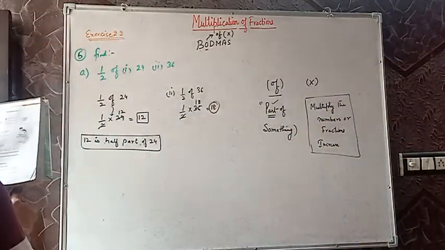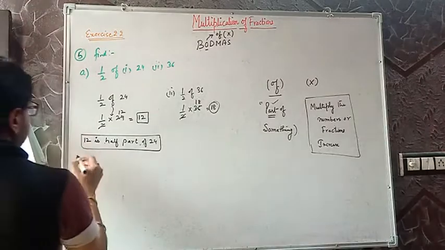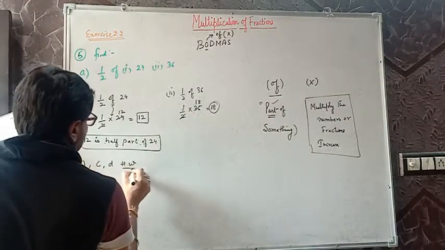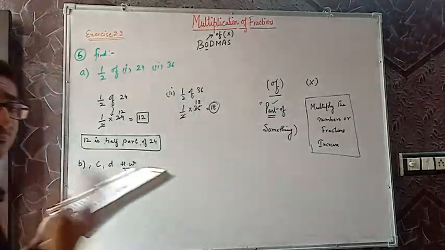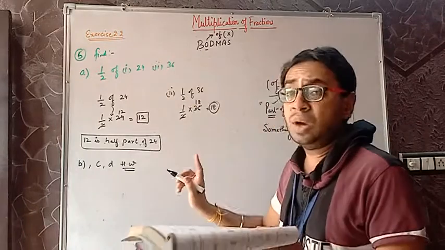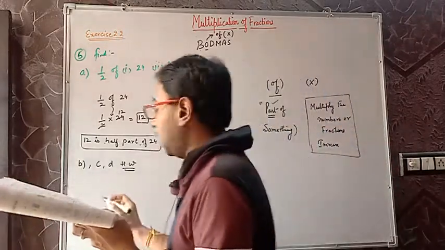So can we try? We have too many parts for this. One part I have done. B, C and D parts are your homework. Please try, so that if you have any problem we'll discuss it in the class. But try. One part I have discussed with you as a hint. Next, question number 6.